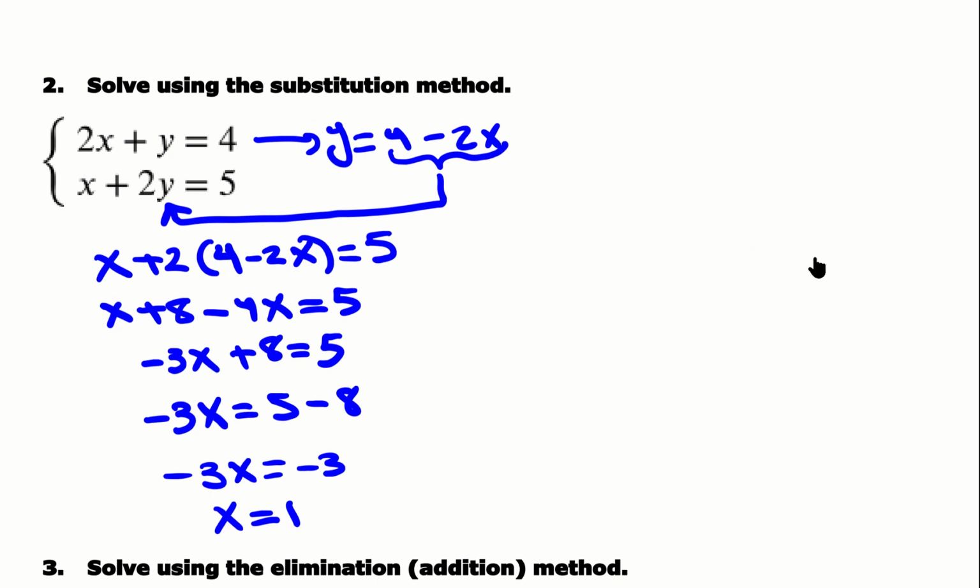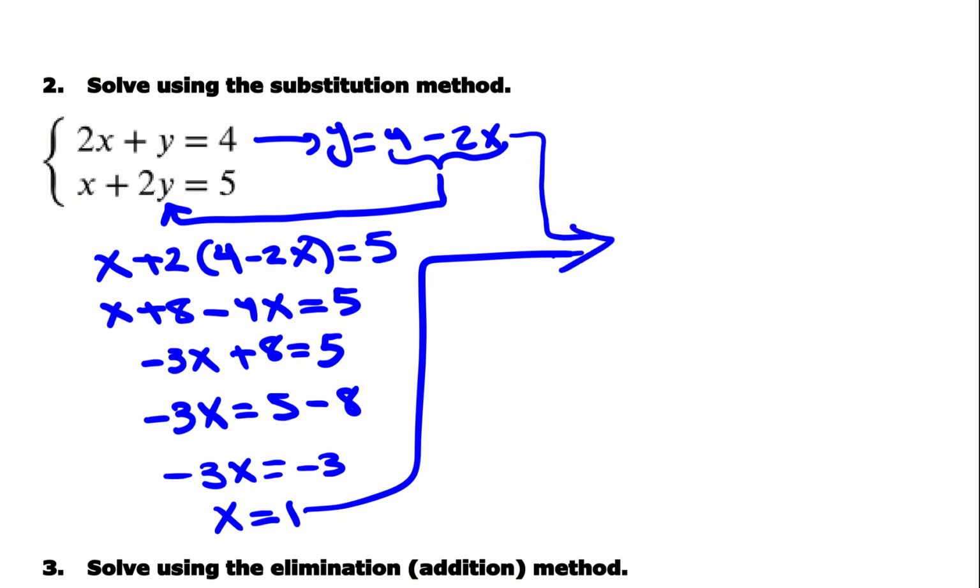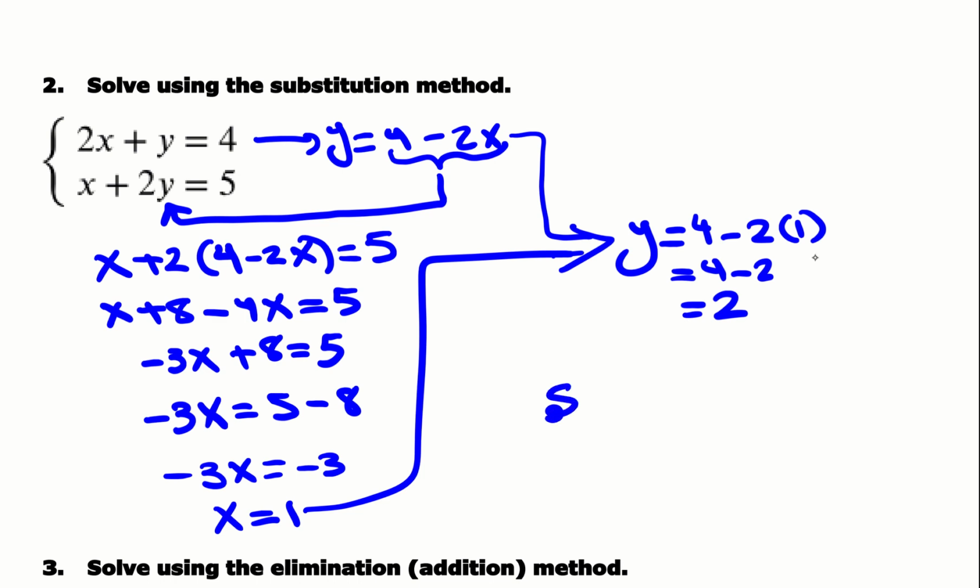So we take x equals 1 and this equation, and we end up with y equals 4 minus 2 times 1, which gives us 4 minus 2, which is 2, as we expected, of course. So now we can write our solution set, and when you do that, make sure that you write it in the form of an ordered pair, and you always put the x value first, comma, then the y value, like